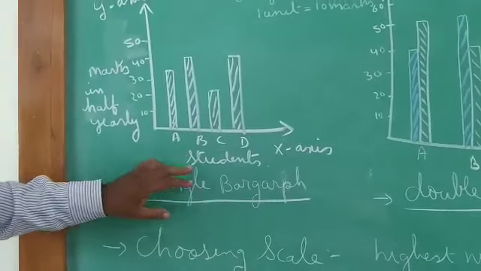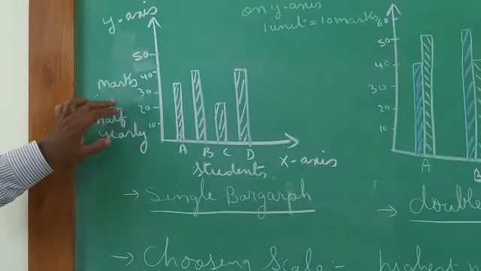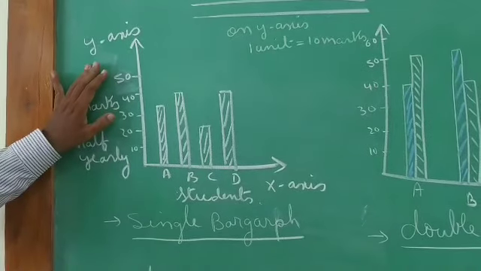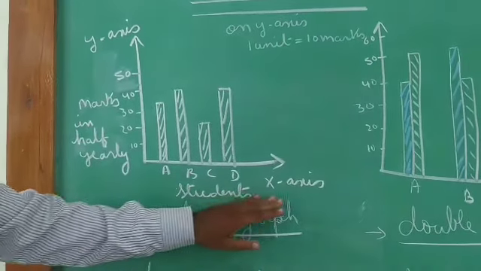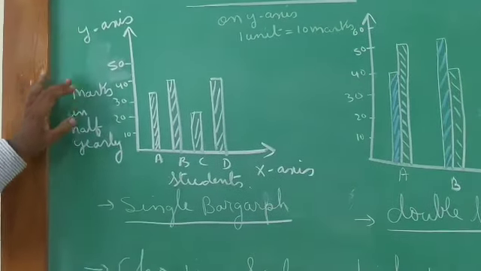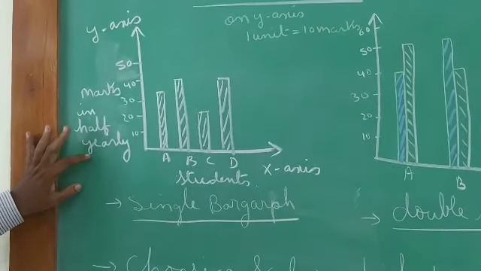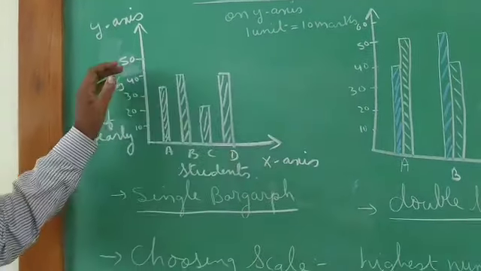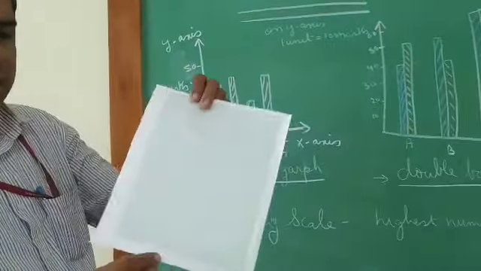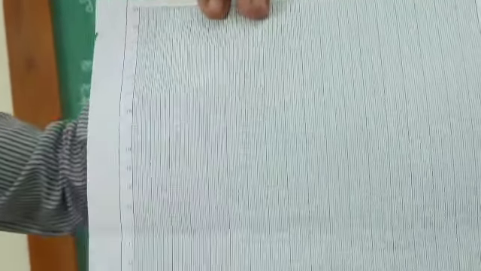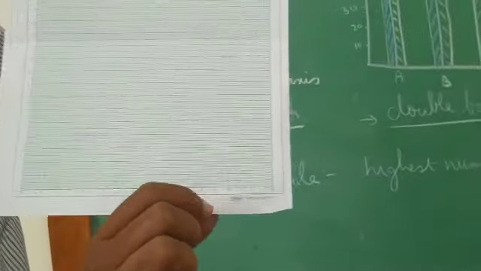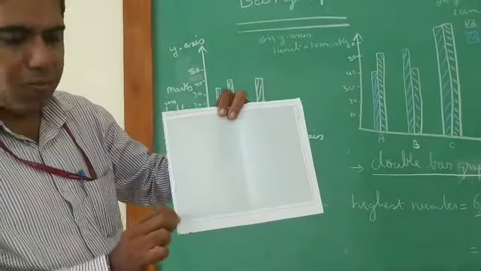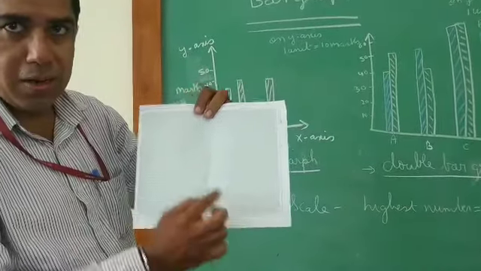Now in this you can see I wrote here students, and this is the marks in half yearly exams. This is the x-axis, this one is the y-axis. Let me explain this once again. This is compulsory, this axis comes here as x and this as y. I will show you on the graph paper: vertical is y, horizontal is the x-axis. But suppose any student keeps it like this, then again this will be y and this will be x.